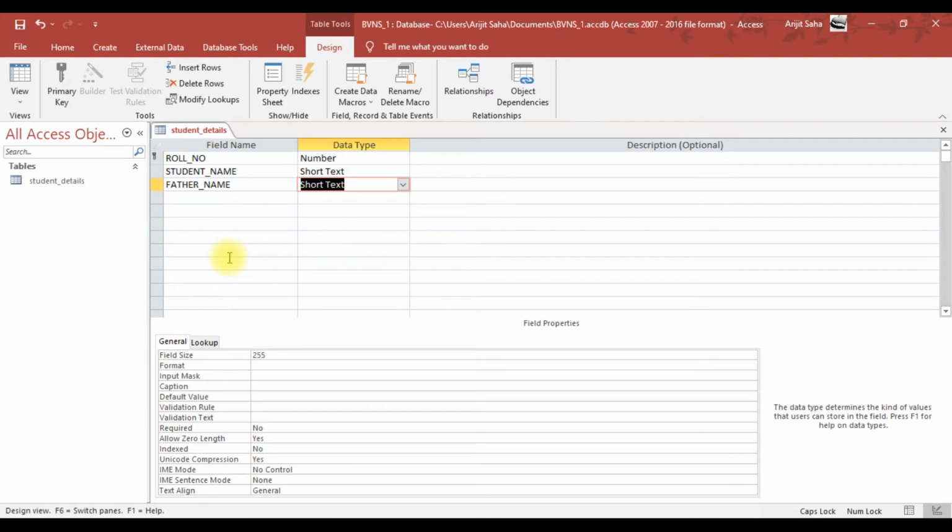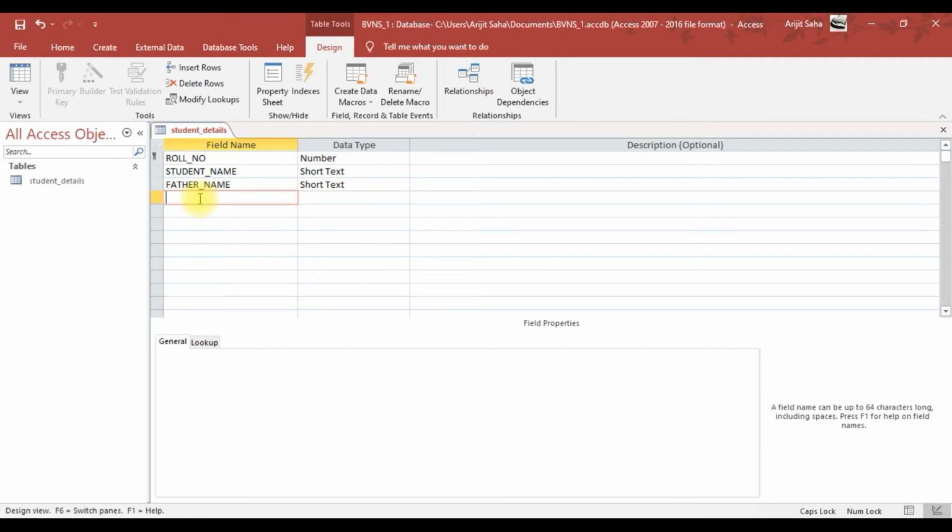So this is also going to be the same thing. Just press the tab button, and by default it is going to take short text. Text means we can enter any kind of data and everything will be considered as text. So this is something we should keep in mind, that even if we write numeric values in this field, we can keep any kind of values. Numeric values are also going to be stored over here as text, and if you store numeric values as text, you won't be able to calculate anything with those values because those will be treated as text.